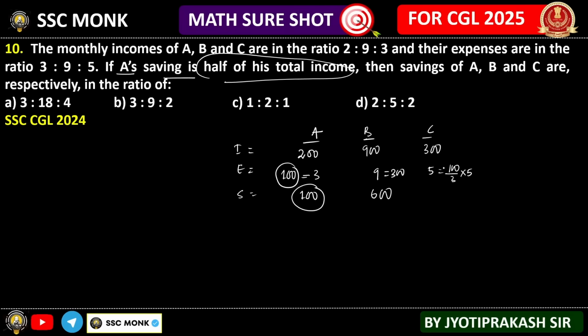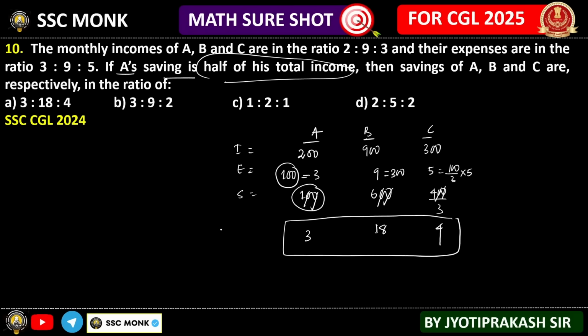So (900 − 500)/3 is equal to 400/3. Now if I have to take out the ratio, I will take out the 0 first, then I will multiply with 3. So 3 into 18 is to 4. This is the ratio in which they will be saving their money. Answer option A. Now you use any methodology over here. You will find this is the most natural and easy way to solve a question.